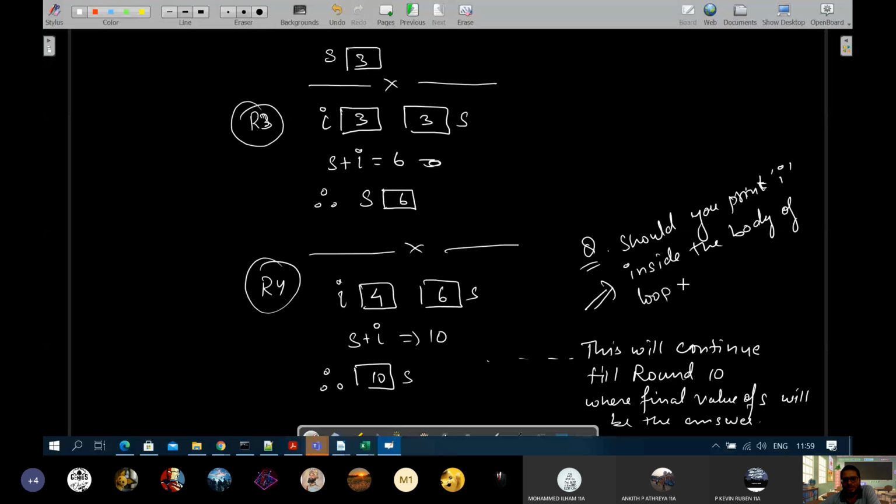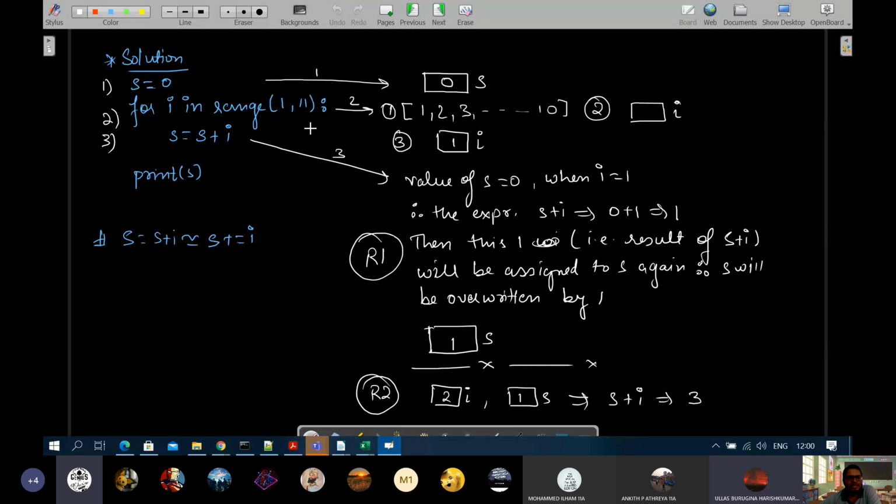I have written outside there, but is that correct? Sir, it should be inside. Shall I print here, or should it be inside the body?